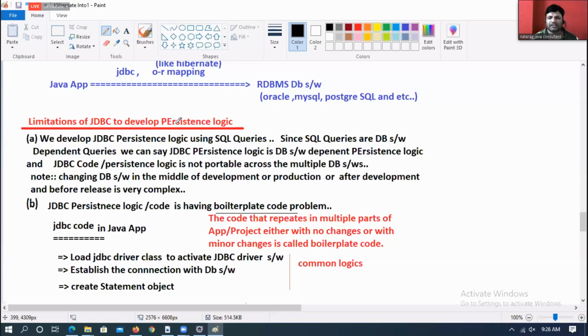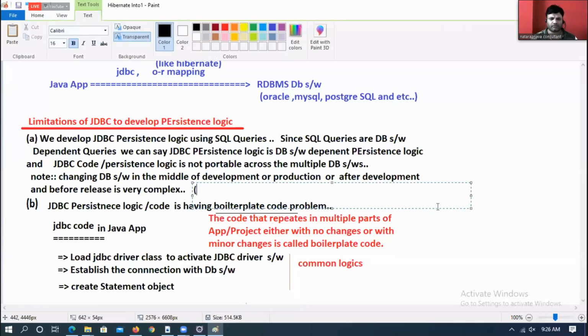That means JDBC code is not portable across multiple database software.